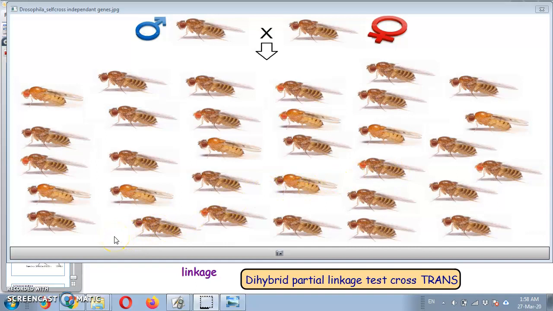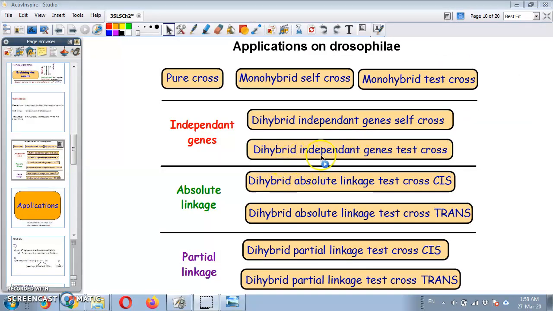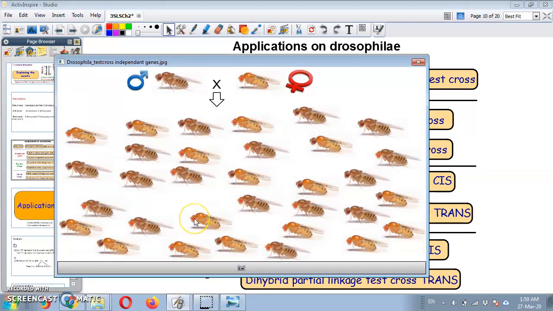And it is the rule that all the offsprings of independent genes having self-cross will give the results of 9331. 9 having the dominant phenotype, and three phenotypes, one of them being dominant and the other having the recessive allele, and only one bi-recessive individual over 16. So the results will be 9 over 16, 3 over 16, 3 over 16, and 1 over 16. It's the rule, and we should be memorizing them. Concerning the test cross of independent genes, as usual, the test cross will give